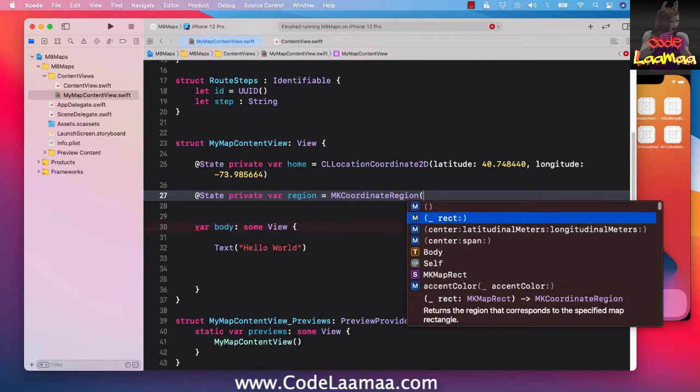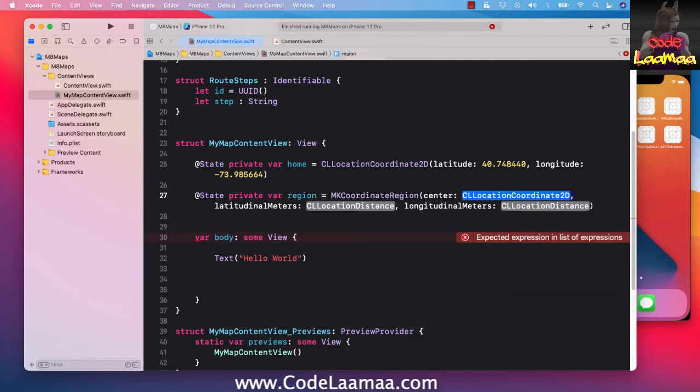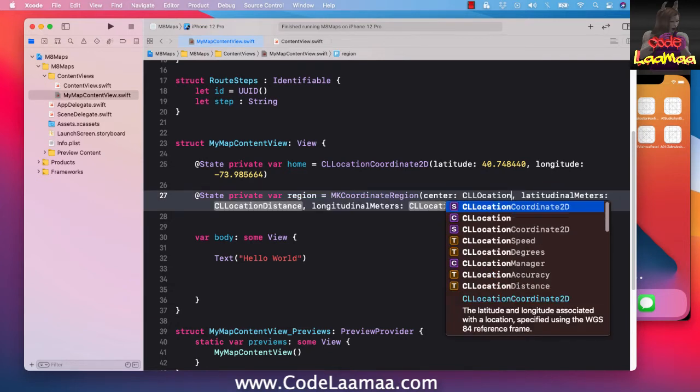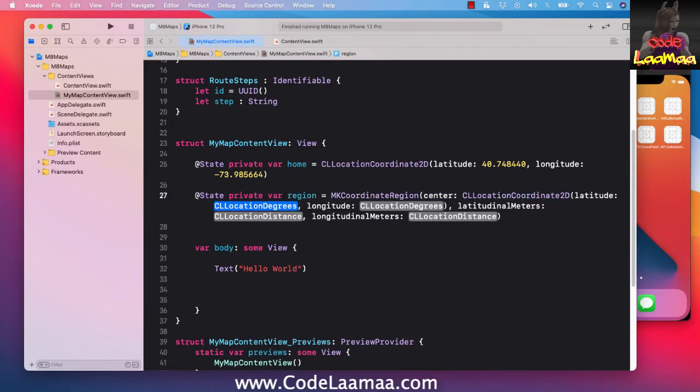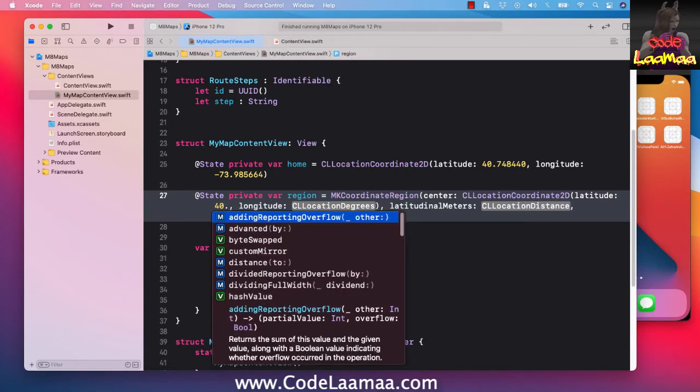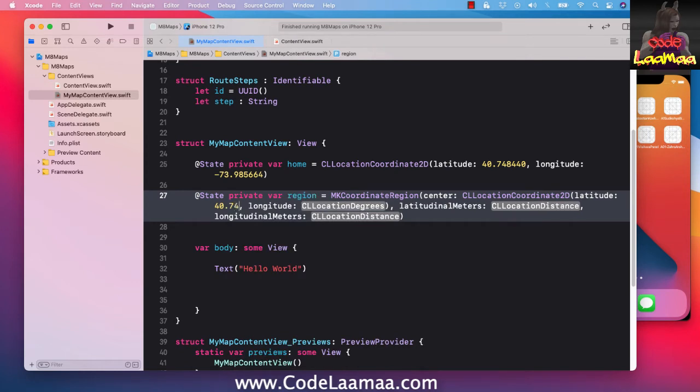And we'll say center. Now, I would love to put home in here, but SwiftUI doesn't like putting variables inside variables that have been instantiated right off the bat. It seems to frown upon that. So I'm going to have to retype this in. So CLLocationCoordinate2D for lat long, again, 40.748440. The long will be, again, negative